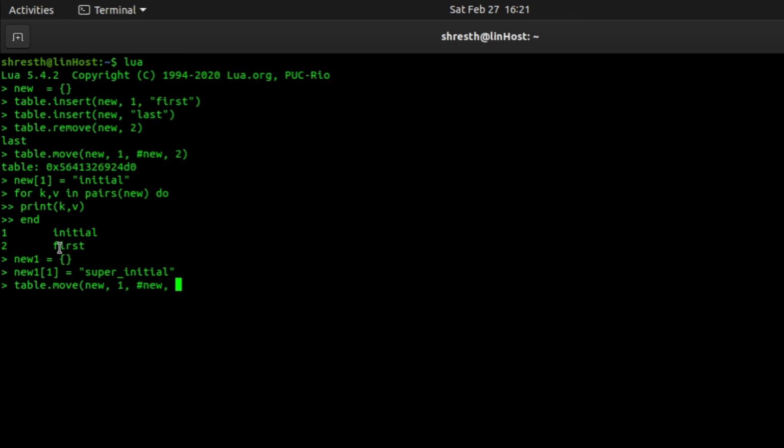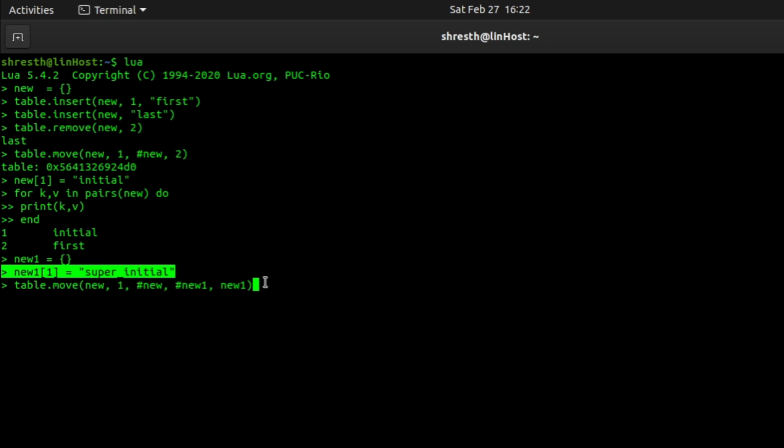So at the end, I'll give the length of this new one table, and as the fifth argument I'll give the destination table name, which is new one. So what will happen with this call is I will move all the elements from one to the end of new to this new one table from this index. So the first element will be super initial. After that the elements from this table new will be appended to this new one table.